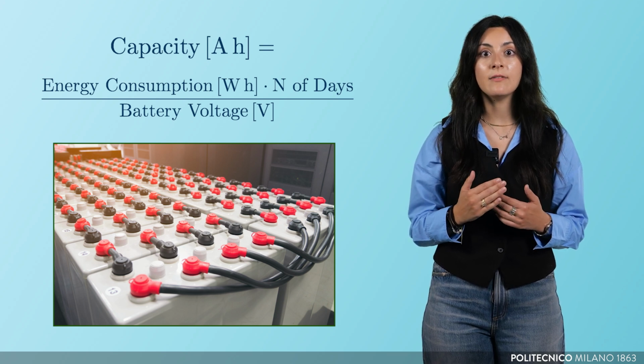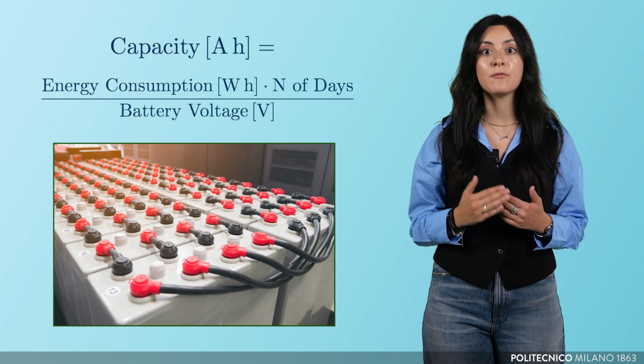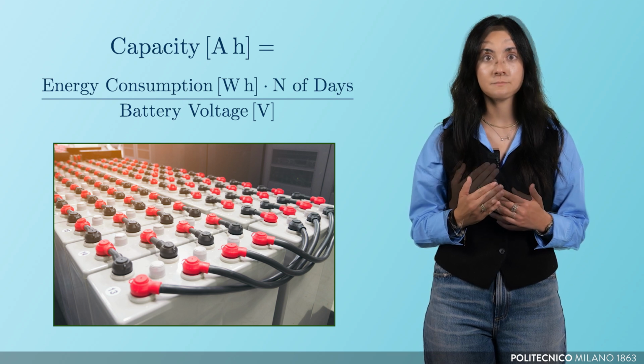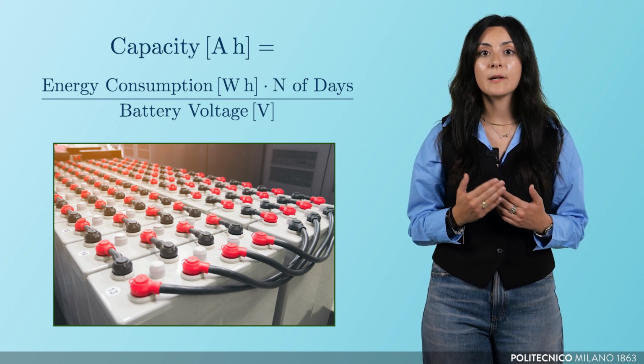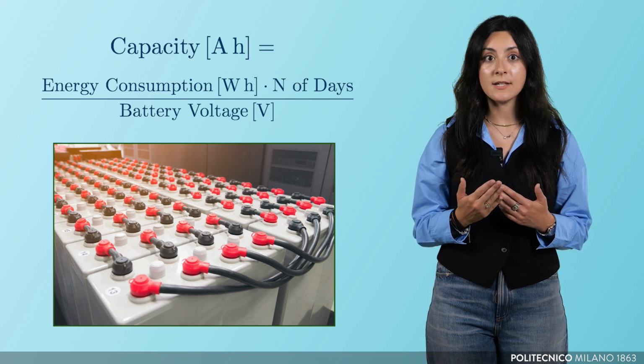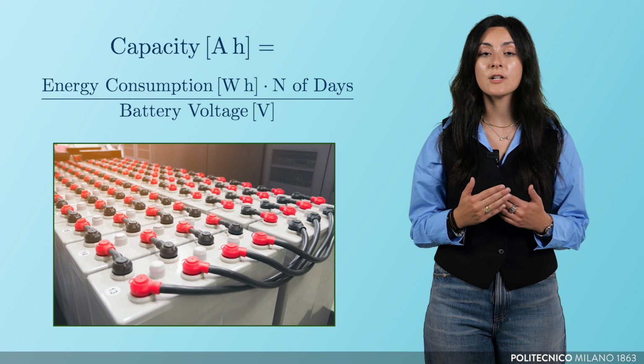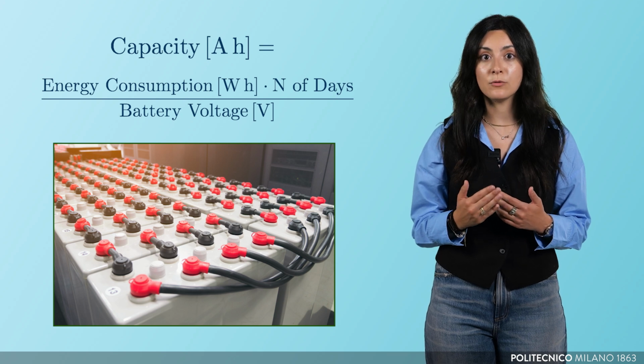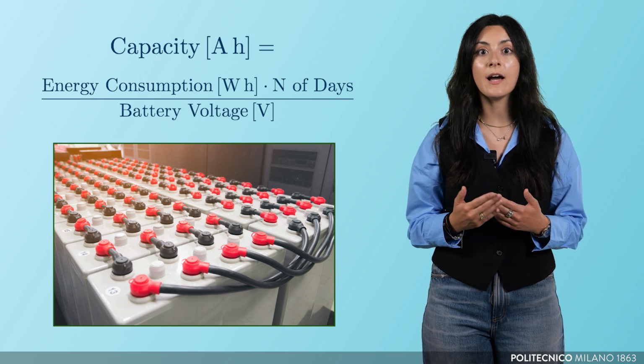Then, the obtained value must be divided by a foreseen battery voltage level. The result is the battery capacity needed to be installed. Other constraints, such as the minimum battery charge level, must be accounted for because they can impact the actual days of autonomy. Once the battery capacity is obtained, market research has to be performed to select the most suitable